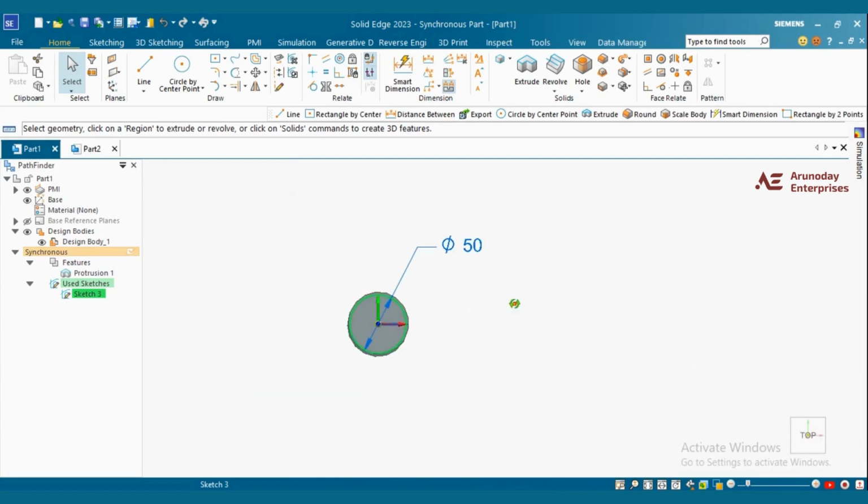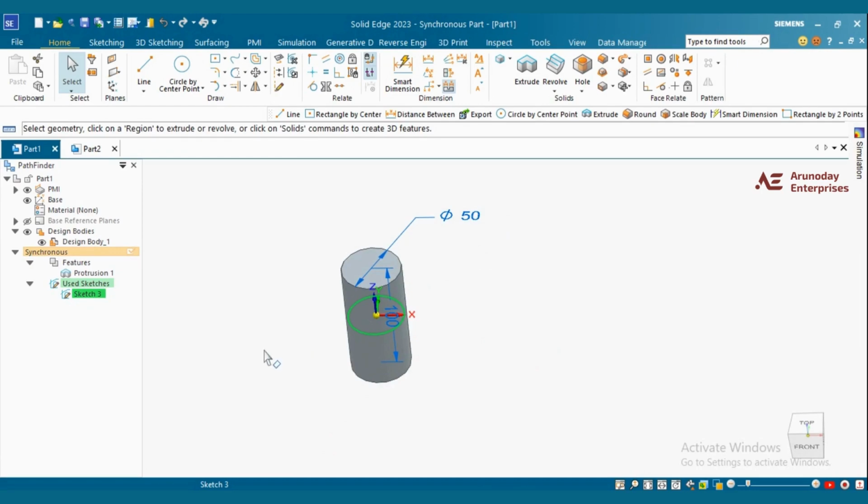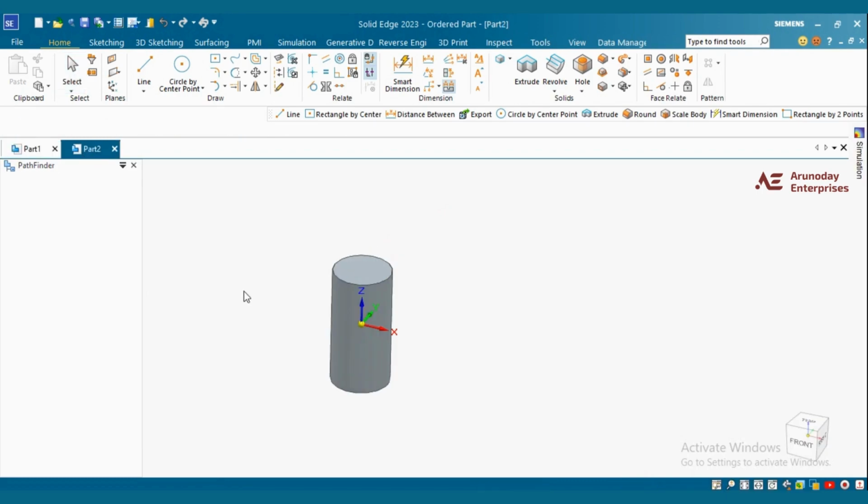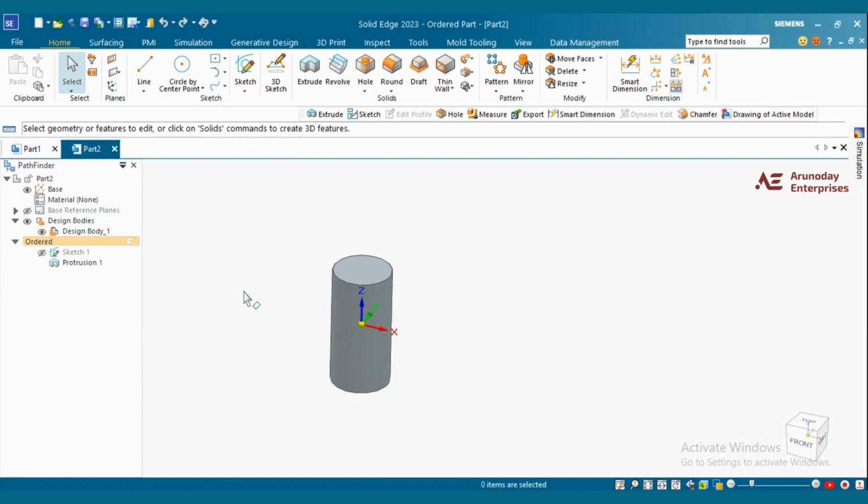When we talk about the synchronous mode, we will delete the sketch over here, as you may have used other software for your applications previously. When they are working on history-based modeling, what will happen? There will be two scenarios. The sketch will be lost, the overall part will be lost, or else the features will be lost. I will delete the sketch from here. We will be able to see that there is no change in this particular part that we have drawn